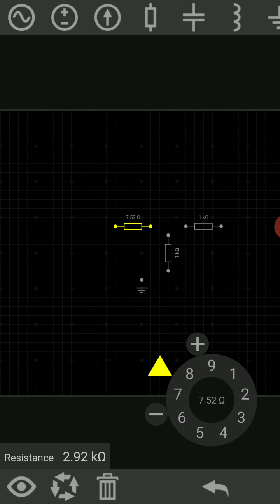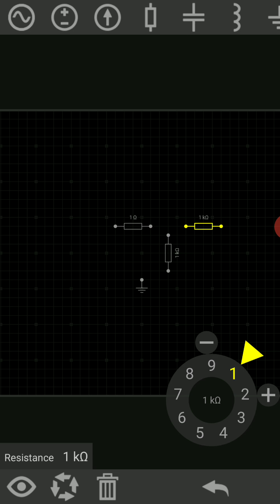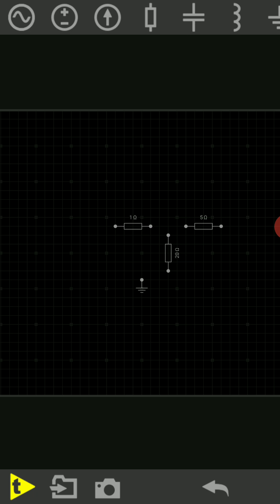So I will adjust this resistance value to 1 ohm. Okay, this resistance I will adjust to 5 ohm. Okay, I will adjust this value to 5 ohm, and this one I will adjust to 20 ohm for our circuit.